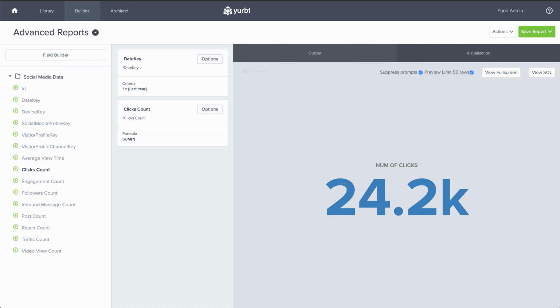Now you'll see that I'm using the underlying stored procedure as my data source. It's going to run dynamically every time I run this report, but I'm now turning that into more of a traditional Yearby style report. Really powerful, especially if you're migrating away from a tool where you heavily use stored procedures, or you have particularly complex reports where using a stored procedure and being able to pass parameters directly into that stored procedure can make the entire report processing faster and easier to process.